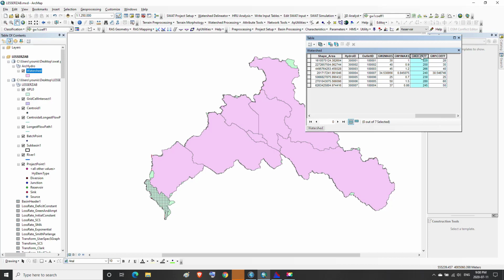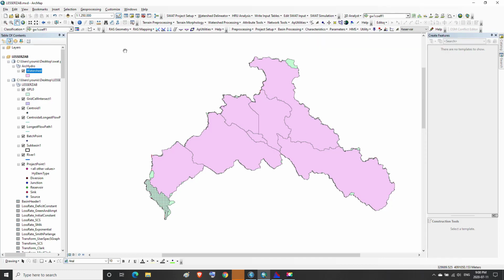And to create a DSS file for these parameters, we do the following. We open the Arc toolbox.